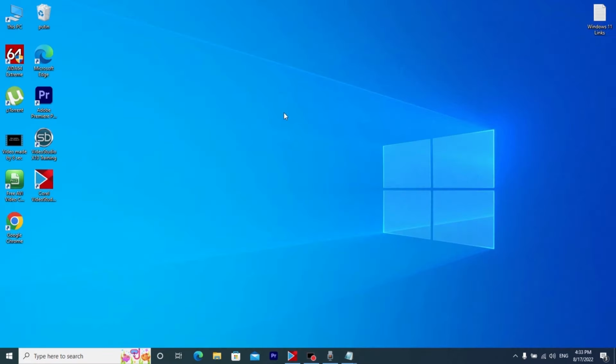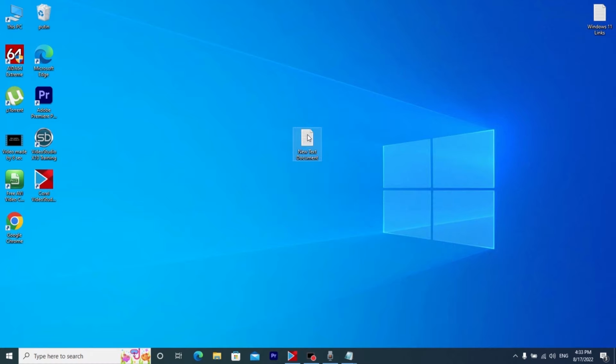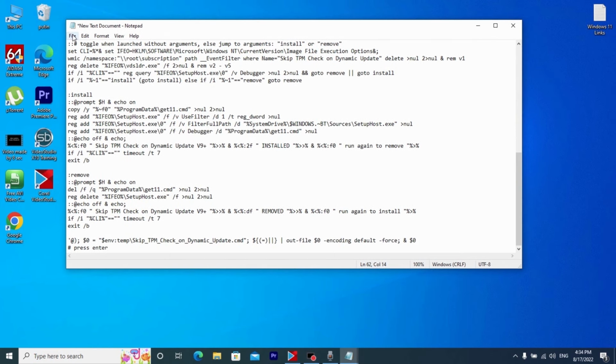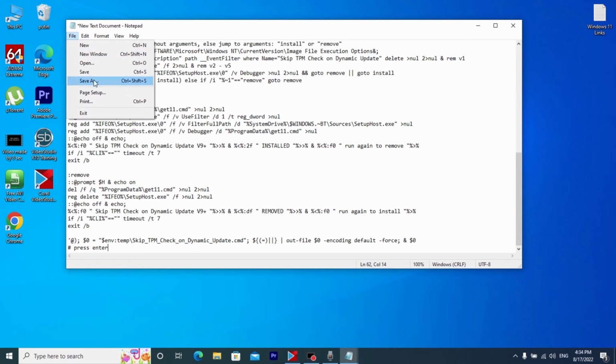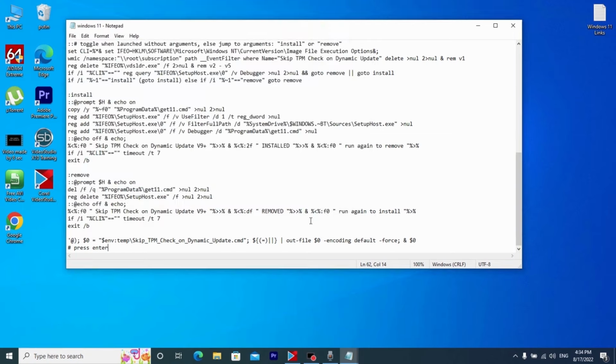And now we need to create a text document. Click on it and click here. So, very important information that we need to do right now. Click on the file, save as. For the example, you can write Windows 11 and very important .cmd. Be sure to write in the end .cmd. Then we need to save this file. Click here,